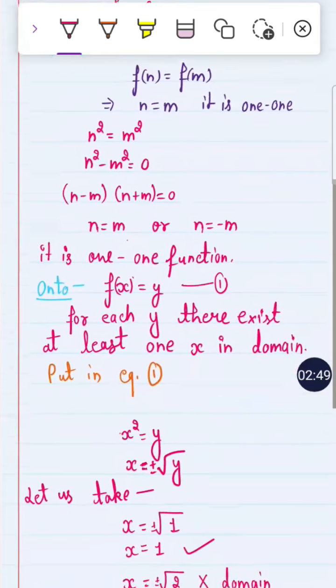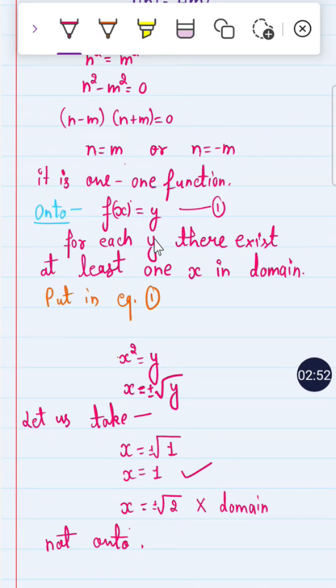Now let us check whether it is onto or not. For each y there exists at least one x in the domain. So we have the function x² = y. So x